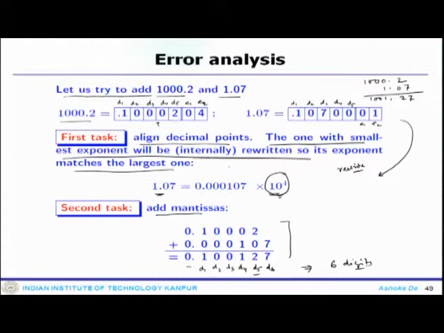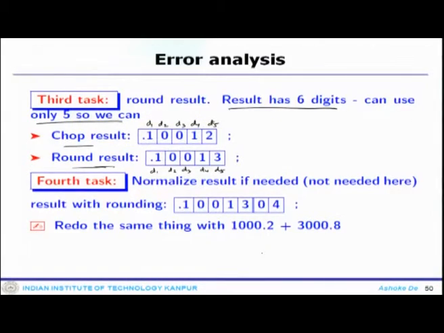And if you look at 1, 2, 3, 4, the fifth one is rounded off because the last 6th digit is greater than 5. So, it is rounded up to this. So, this is the rounded result.